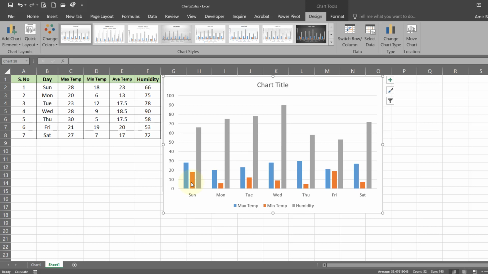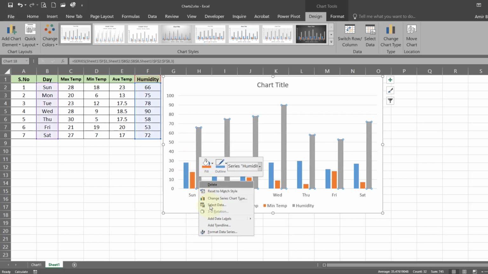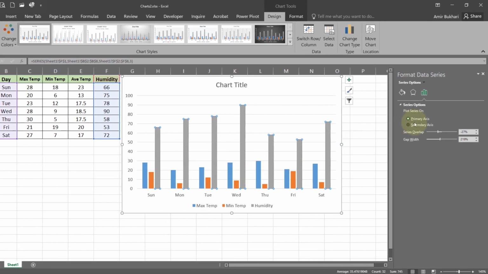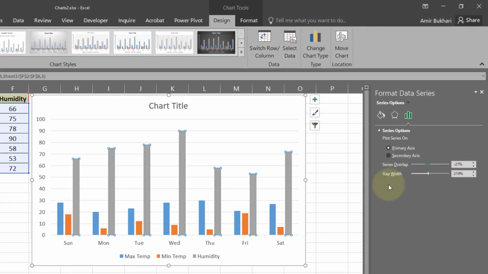Okay, now let's see, we can do some formatting of these columns also. So you can come here and right click, format data series. Now here you have some options that you can increase or decrease these spaces, gap width.